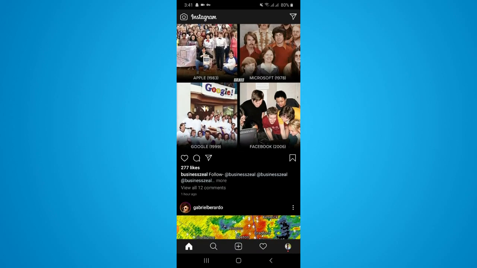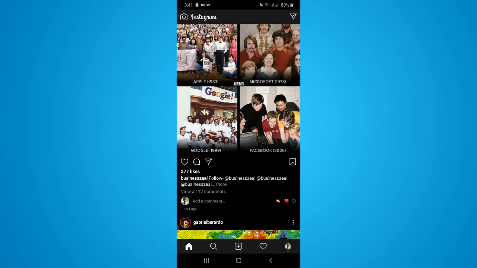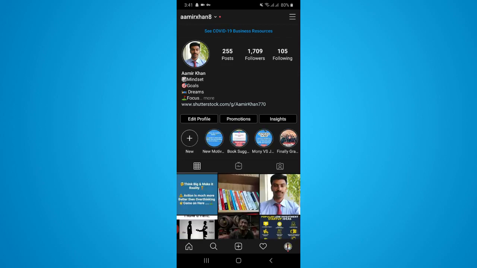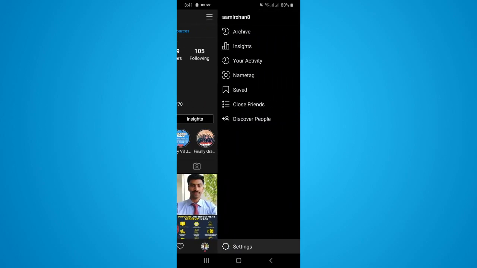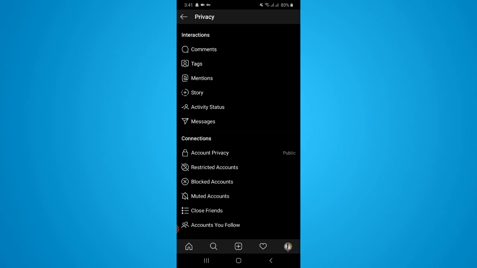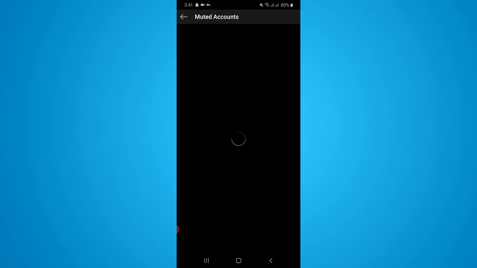Now if you want to unmute the posts on Instagram, simply tap on your profile. Now you will find the three lines on the top right side of the screen. Tap on the three lines, then tap on settings. Here simply tap on privacy, and scroll down. Here you will find the muted accounts option. Simply tap on muted accounts, and here you can see I have already muted a few posts